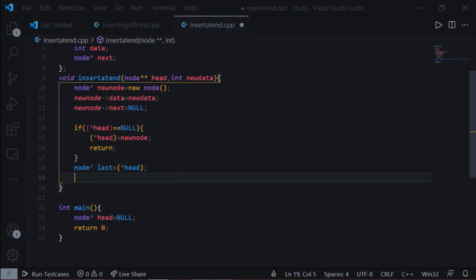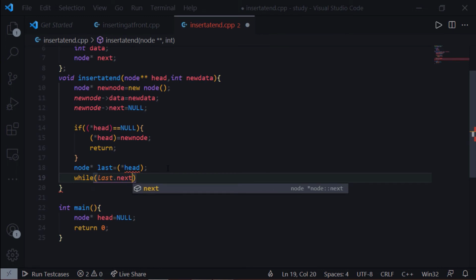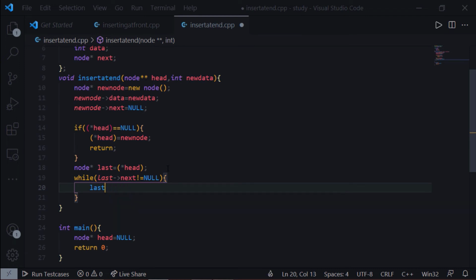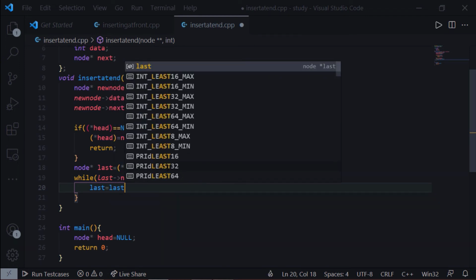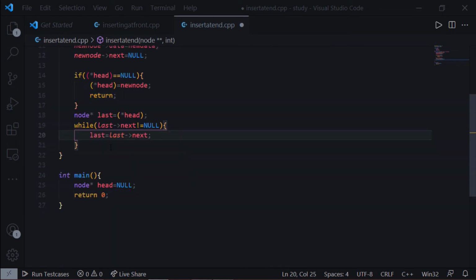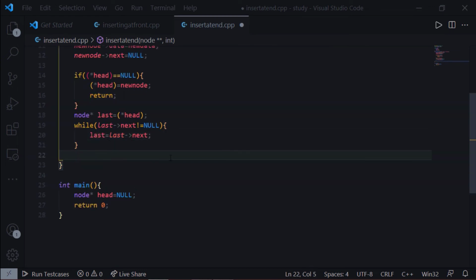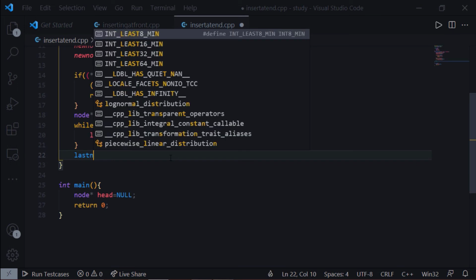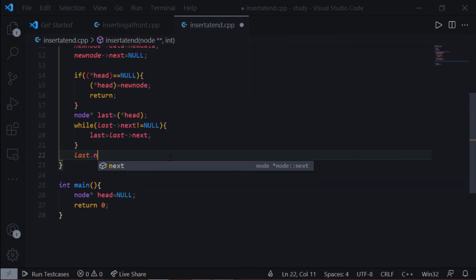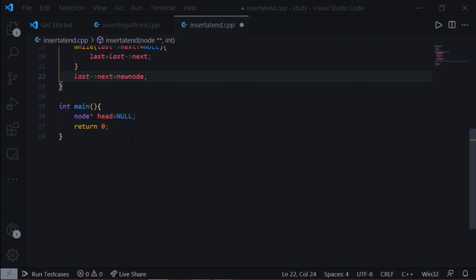While last next is not equal to null, we move last to last next. This will traverse through the whole linked list, and now we just have to write the last condition. We pass the address of our new node in the last next pointer, newNode. So our insert at end function is completed.